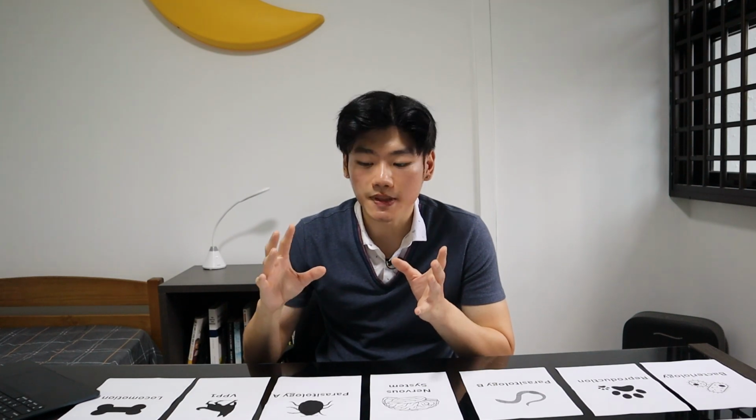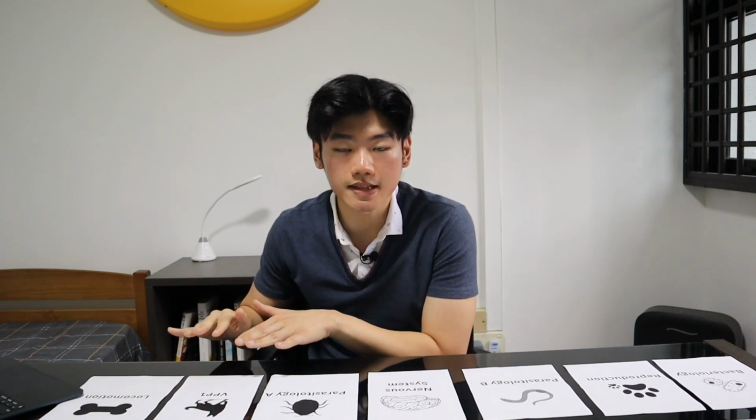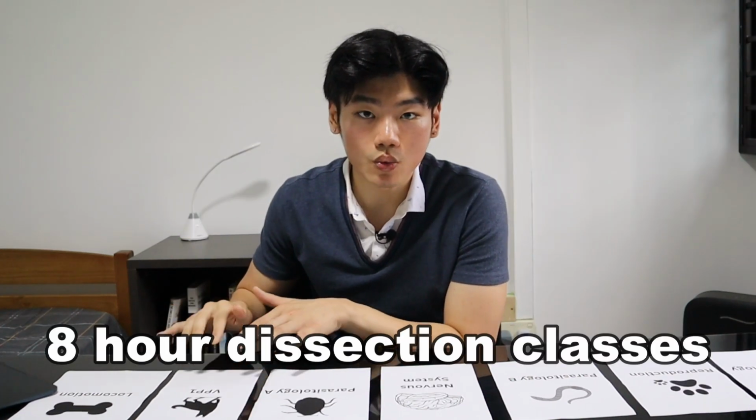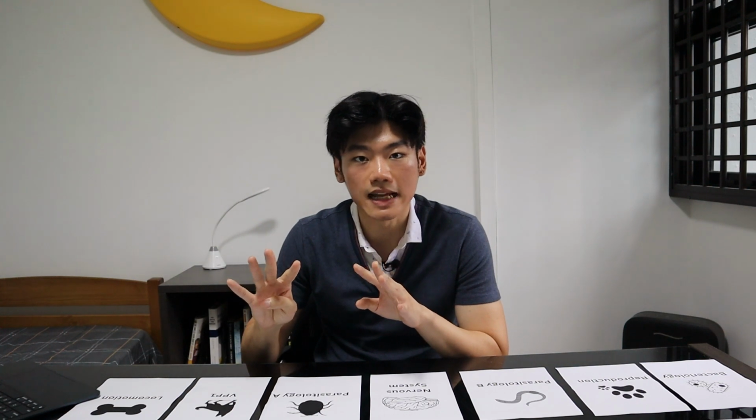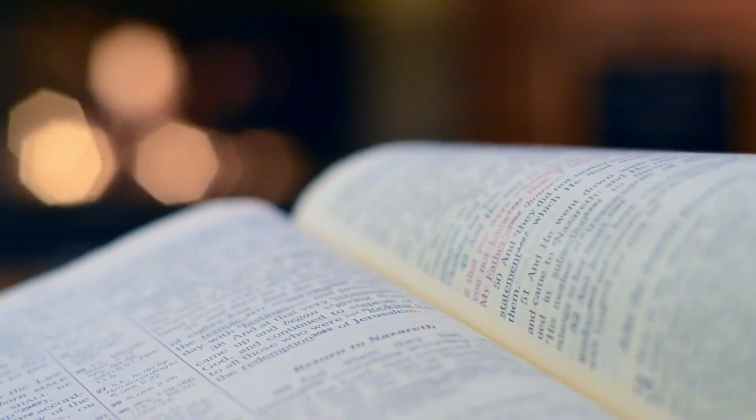So under the regional anatomy of a dog component, you actually learn in specific detail about the anatomy of a dog. Classes for this particular component consisted of 8-hour weekly lab sessions that were split into 2 sessions per week. So that would be 4 hours per lab session. And before every lab session, we had to do a series of pre-readings as well to help us prepare better